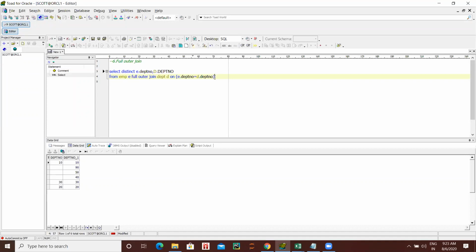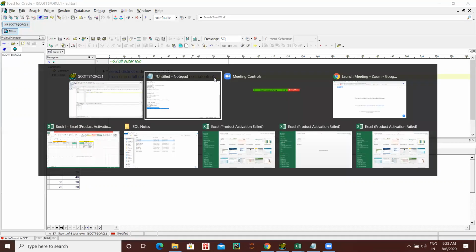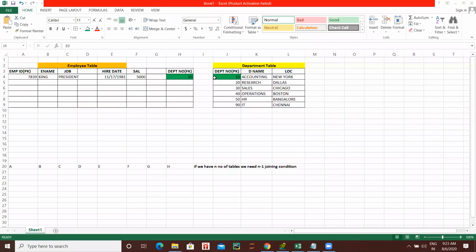Let's go to Excel. Now we come to row number 21. Otherwise, come to some other cell. Let's say come to P10.